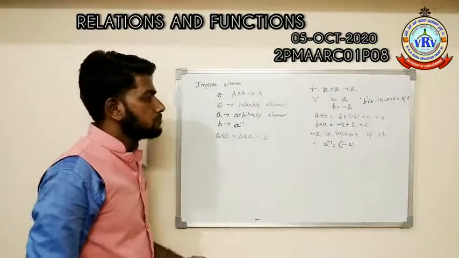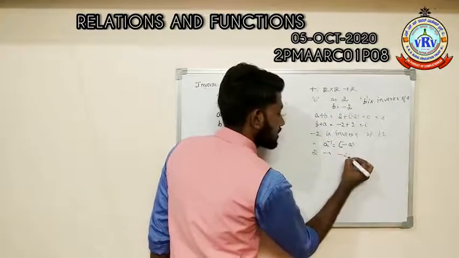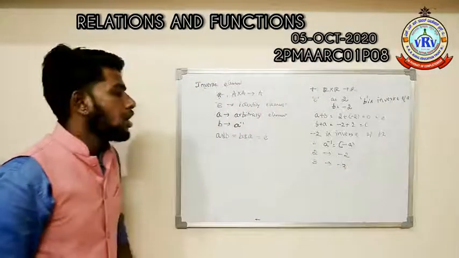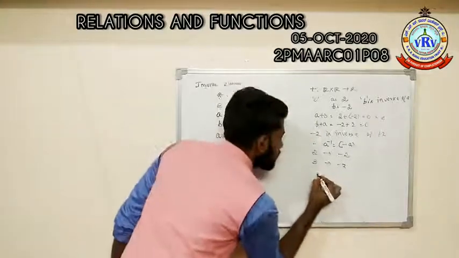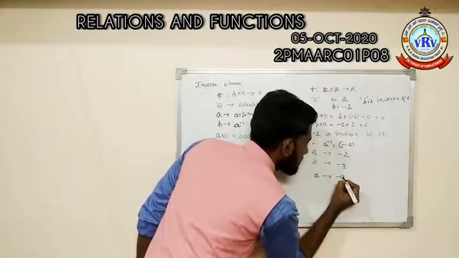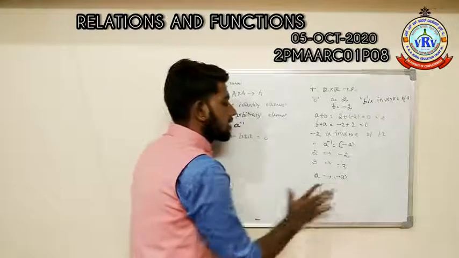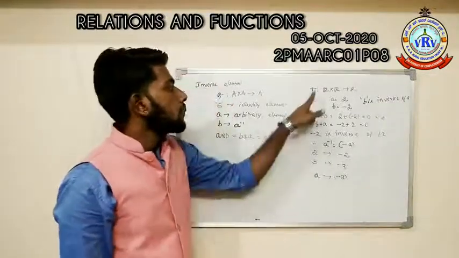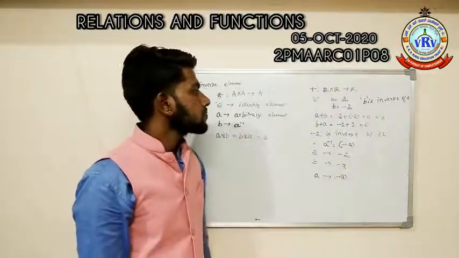So A power minus 1 is equal to, in this case, minus A. Why is it so? If A is 2, the inverse is minus 2. If A is 3, the inverse is minus 3, right? 3 plus minus 3 or minus 3 plus 3 is equal to 0. You are getting the identity element. So for any element A on the set R, the inverse is the negative of that number. Therefore, minus A is the inverse of the element A under the binary operation plus on the real number set R.